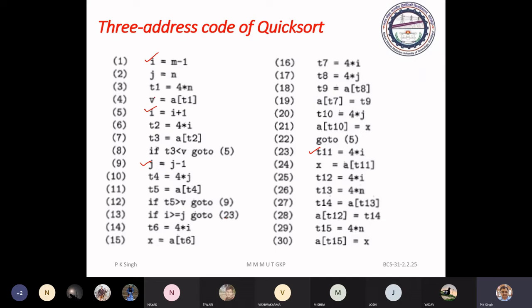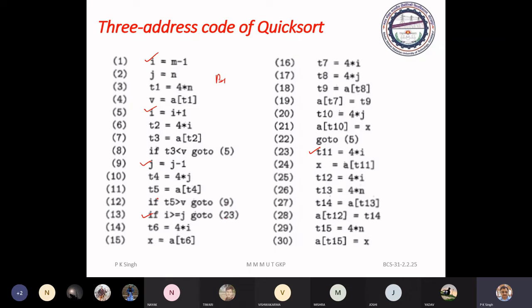From 1 to 4, it will be basic block 1. One thing more, if you apply the rule, the statement just after the conditional or unconditional goto will be a leader, then this will also be a leader.